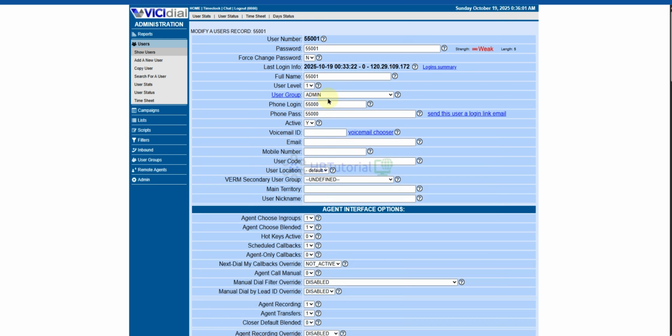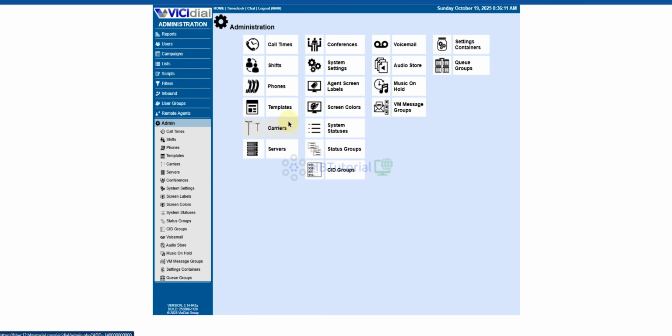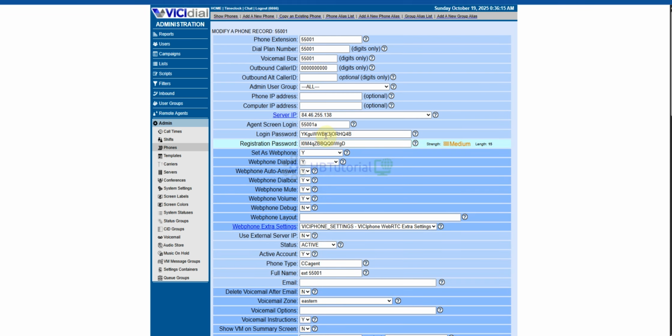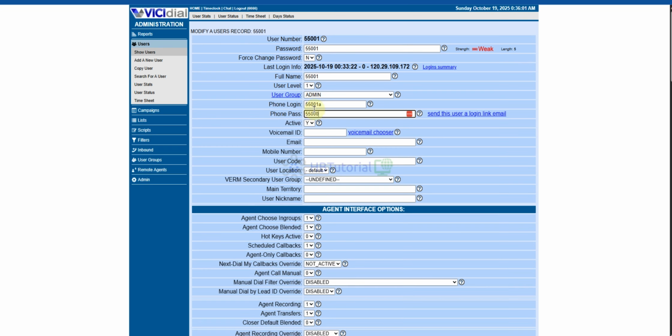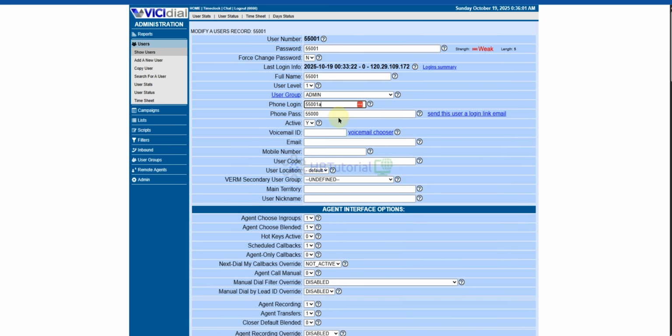You need to modify each user, because the phone login is copied to all the users, and you can check the password of each phone that you have created. From here, I can use this one, and then the login password, this one. Then submit.